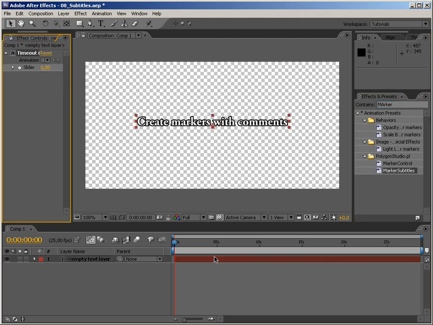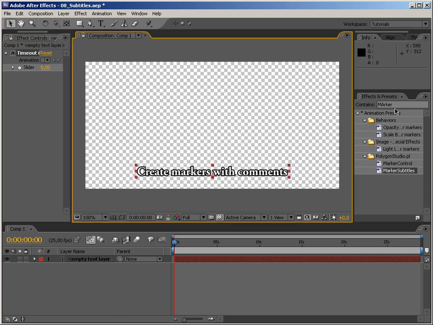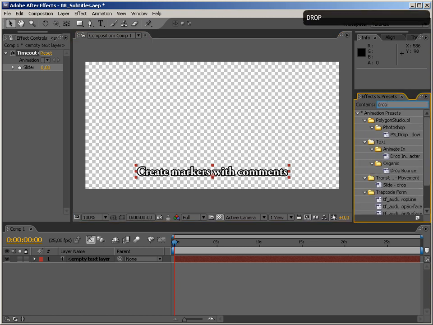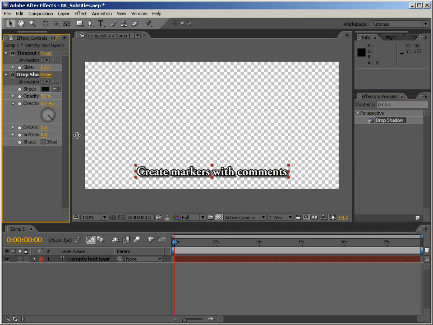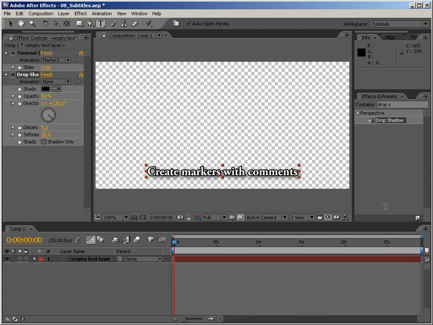As you can see, it automatically tells you that you have to create some markers with comments inside, and we're actually going to use the comments to create subtitles. So now we can position these subtitles the way we want them, and maybe add a little bit of drop shadow as well. Very small one, softness maybe 20 or so. Okay, that looks good. And for those of you who are interested in how the outlines are created, because maybe you haven't worked with text that much,